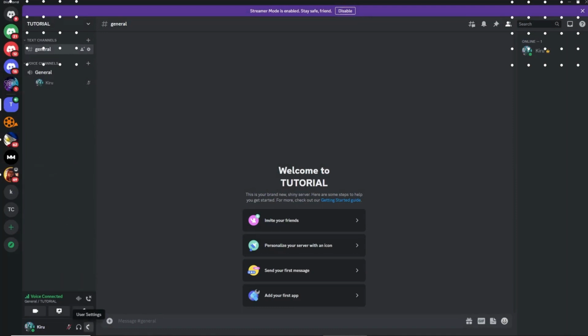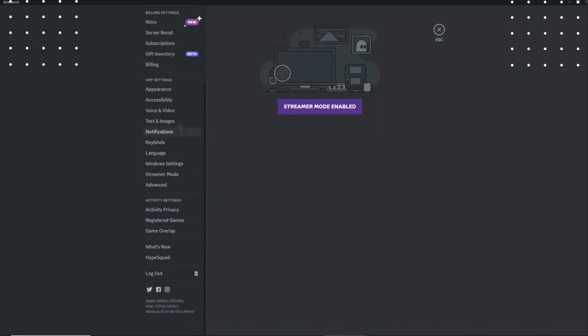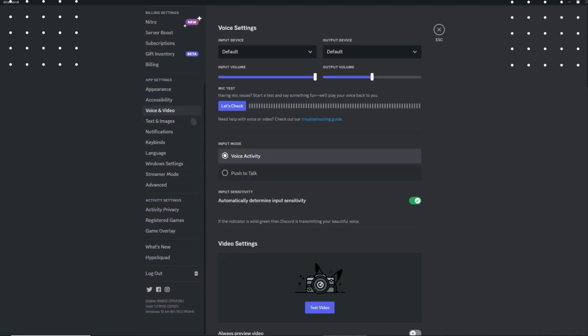Then let's proceed to the user settings. And after that, let's go to voice and video. And you want to make sure here in your input and output device that it is correct, so that when you click the Let's Check button, colors appear here, which means your mic is working